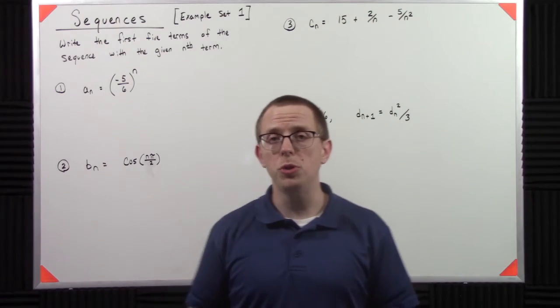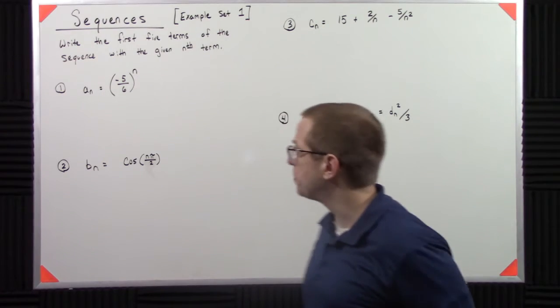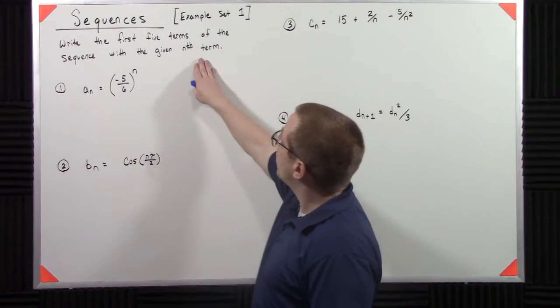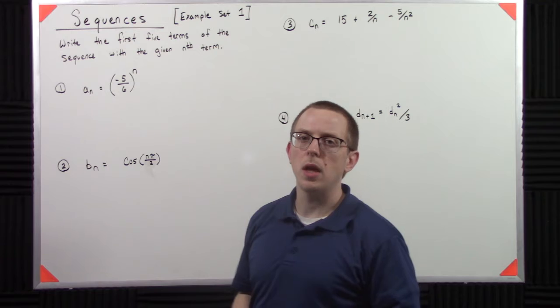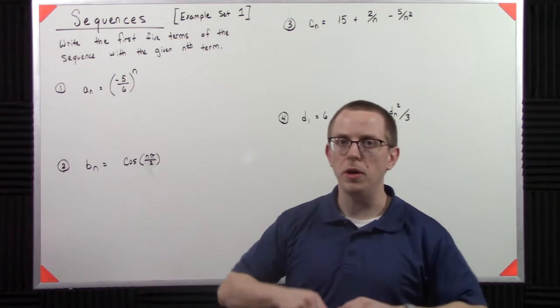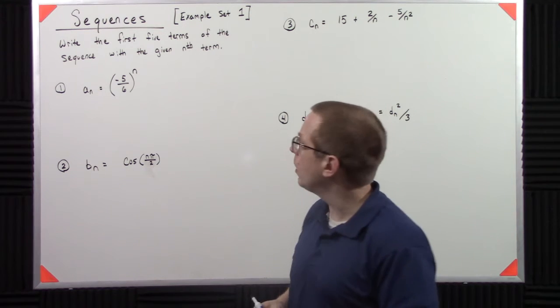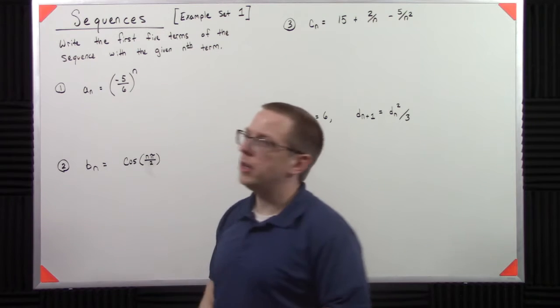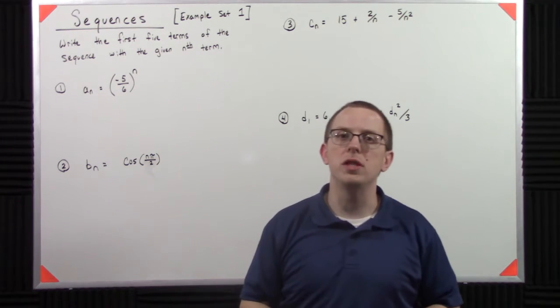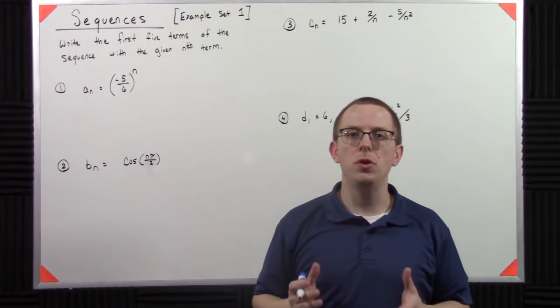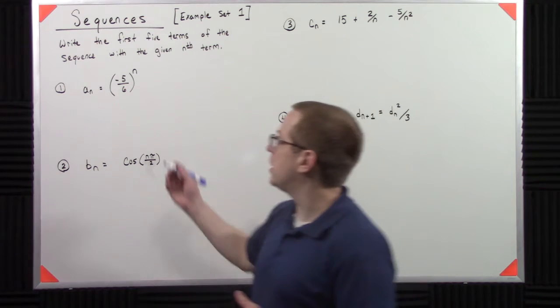Let's work some problems using some explicitly given sequences. What we want to do is write the first 5 terms of these sequences. So what we're really doing now is just getting familiar with them. Our first is a sub n, the nth term of this sequence, is negative 5 over 6 to the n. So what we have to do when we're writing these sequences is say, all right, I need